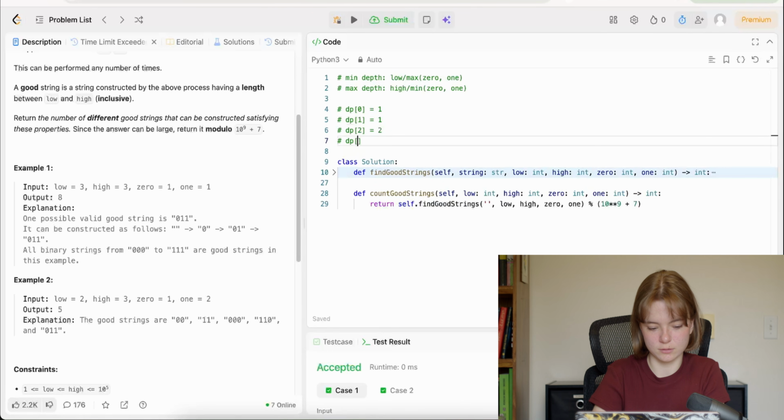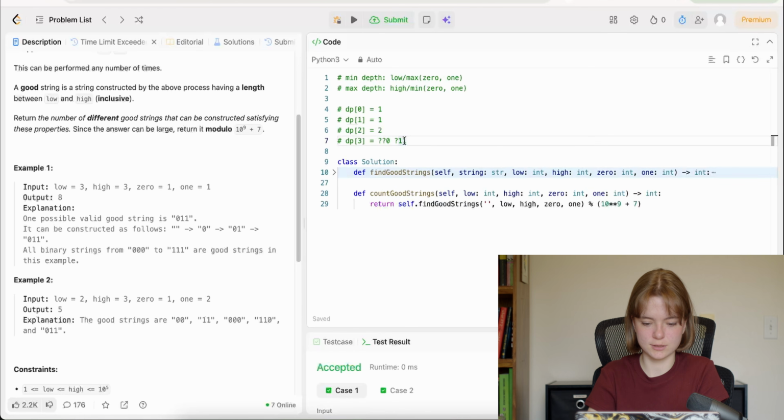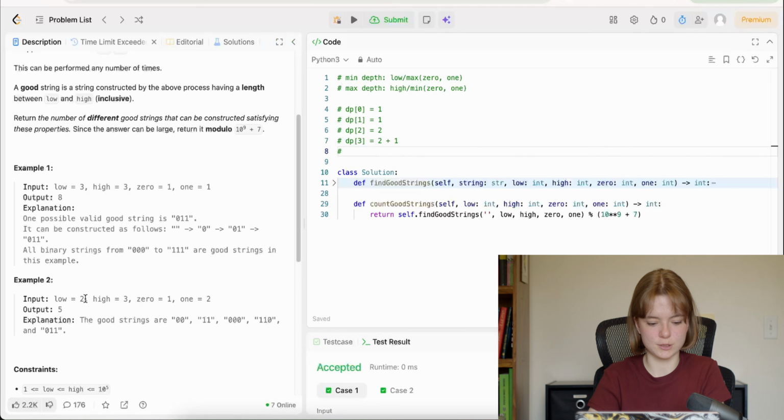So for DP3, it'll be something something 1 or something something 0. Well, let's just be in order. Something something 0 or something something 1. Let's just say it can either end in 0 or it can end in 1, 1. So for this one, we go back. We have 2 question marks, so DP2 is 2. And then we have 1 question mark, DP1 is 1. So 2 plus 1. And then, of course, that's as far as we would go, but just for practice, let's do one more.